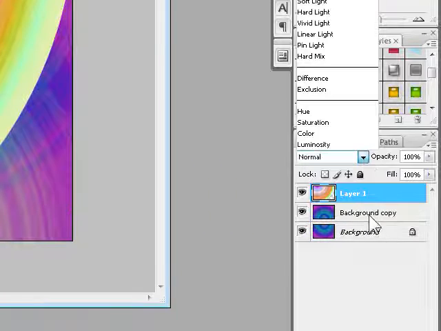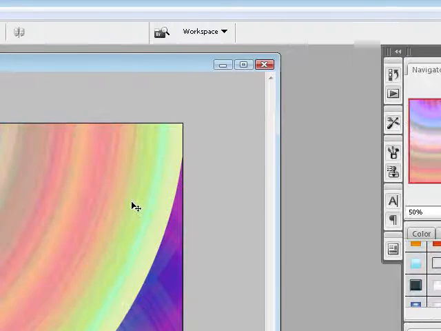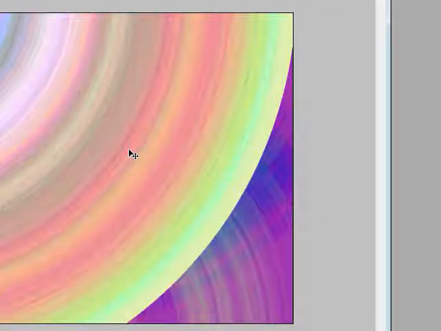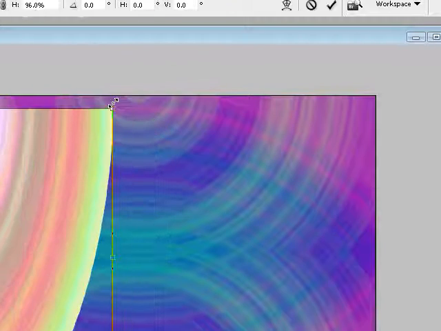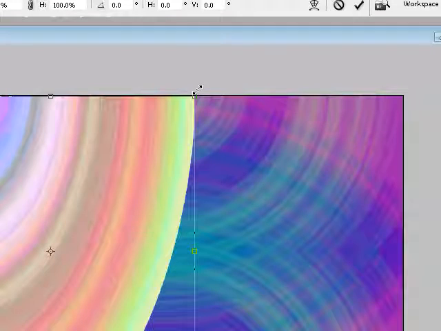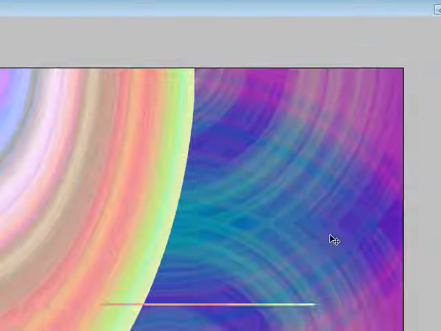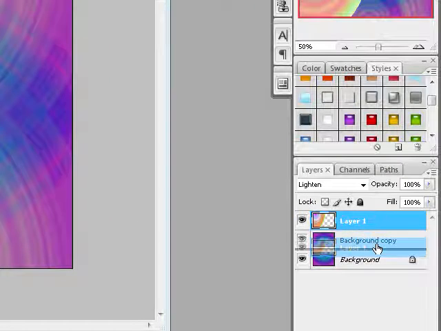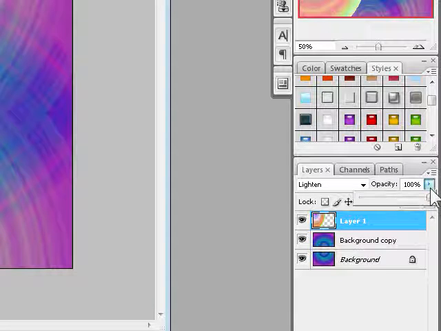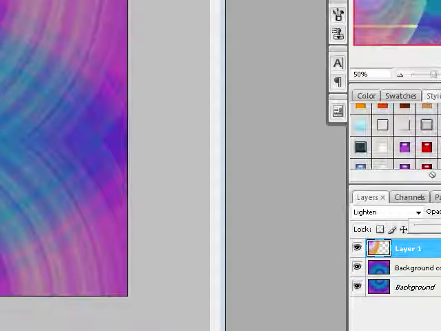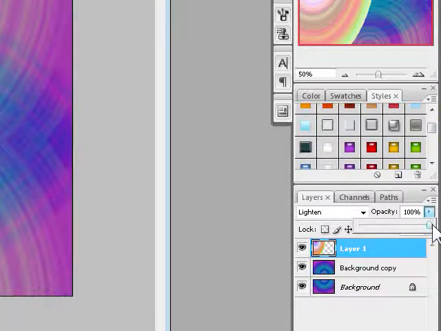Okay, so next I'm going to do the same thing I did with the first layer. I'm going to lighten it, and also I'm going to resize it. So Ctrl T and just bring that down just a little bit. Press OK, and I'm going to just put it right behind this layer. Actually, I'm not. I'm going to drop the opacity. Actually, this one looks a bit light for what I want to do, so I'm just gonna lighten it